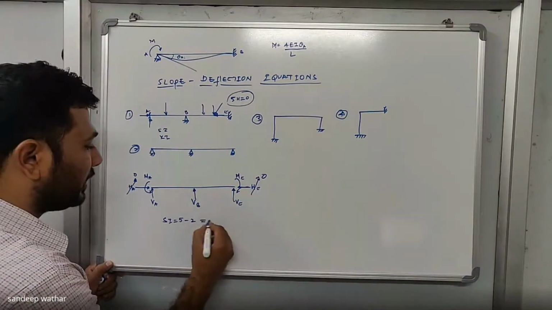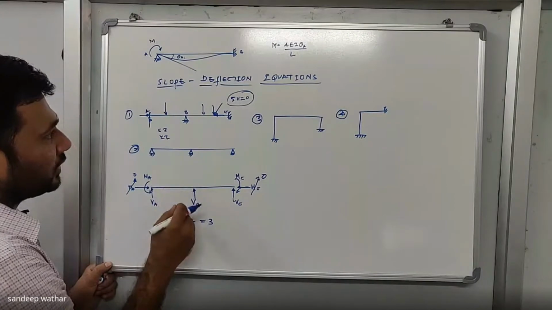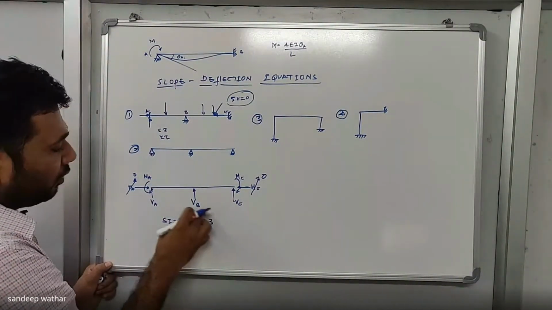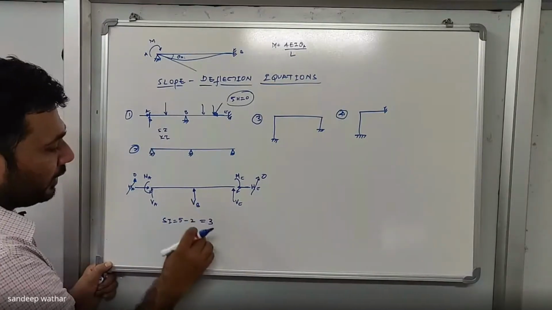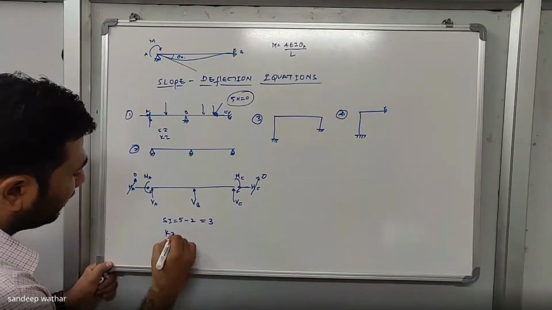Now how much is SI here? SI equals 3. The static indeterminacy for this structure, considering only vertical force, will be equal to 3. I hope there is no doubt in solving this. Once you have understood, definitely go for calculating the kinematic indeterminacy.